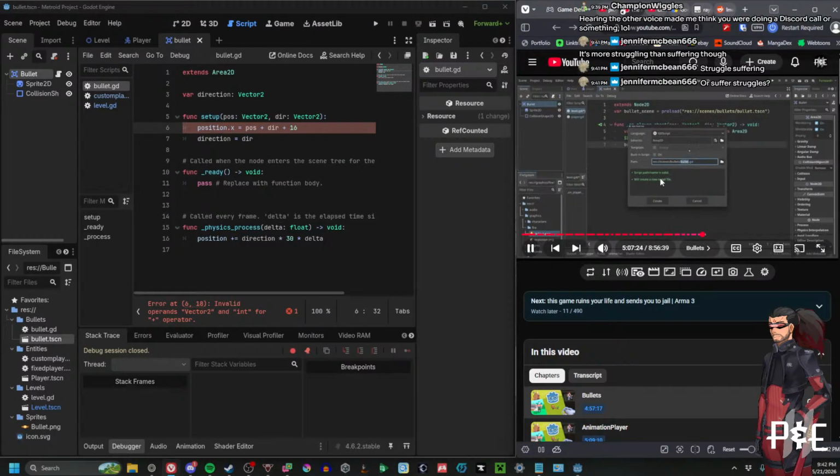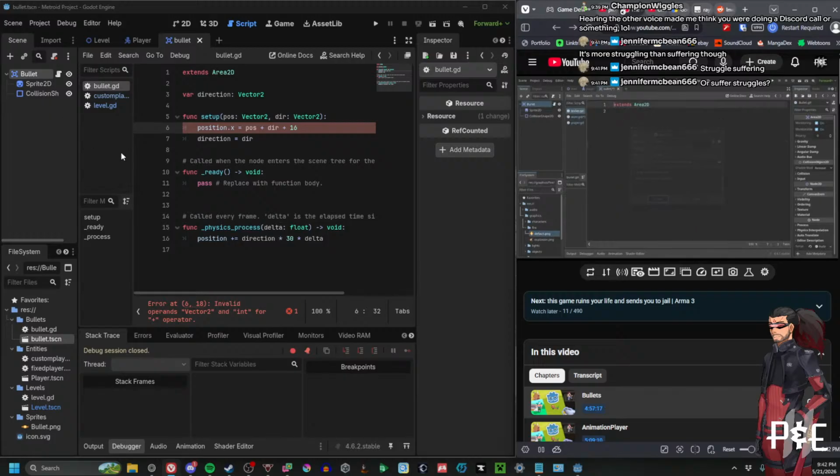To the bullet, add a script. The defaults here, as always, are fine. And we will need func setup with a position, vector 2, and the direction, also a vector 2. First of all, I want to get the